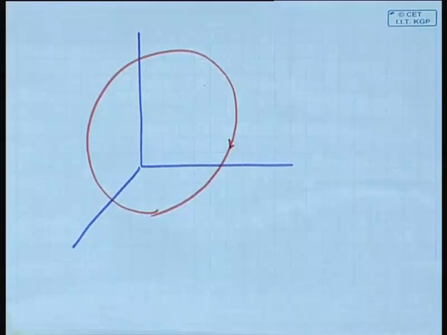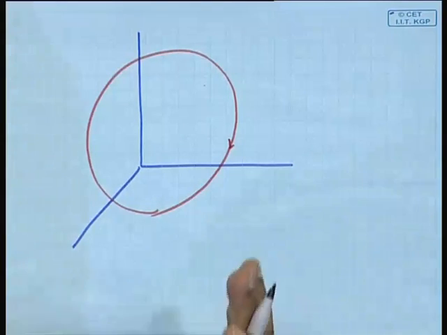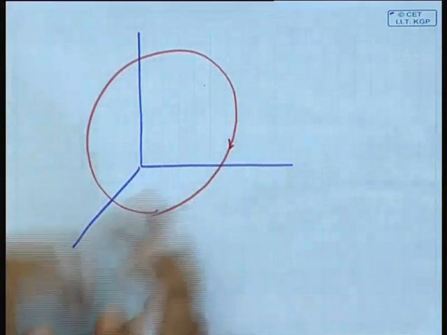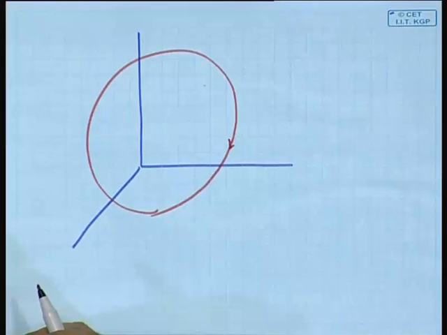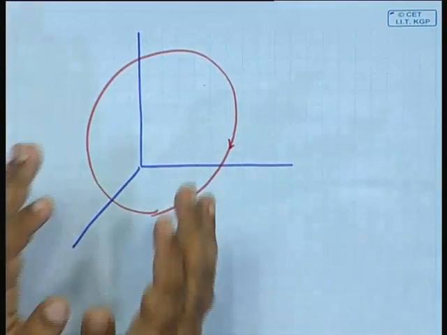But how to do that? The problem is that the method that we were adopting for understanding the stability of equilibrium points, what was it? At the equilibrium points, we obtain the local linearization, obtain the eigenvalues, and if the eigenvalues were in the negative half plane, left half plane, then it was stable. That approach cannot be applied here.